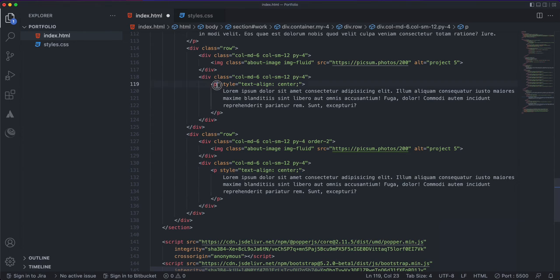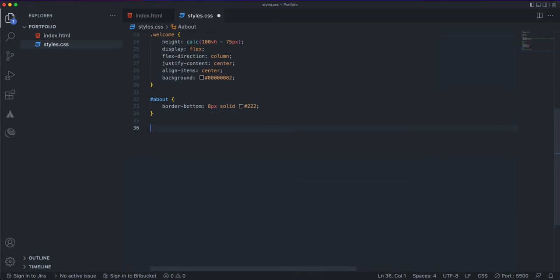That's one way. The other way is, let's select both of these. I did Command D. I selected one, then Command D or Control D, and it will select the next one. And then I'm gonna delete this. Instead, I'm gonna give them both a class of center text, for example. And then I can go over here and do .center-text, since it's a class, text-align,